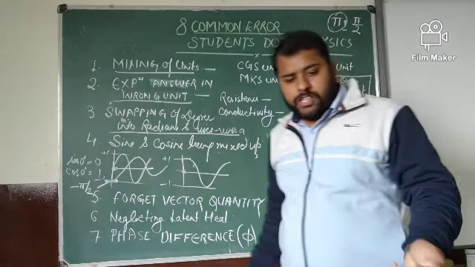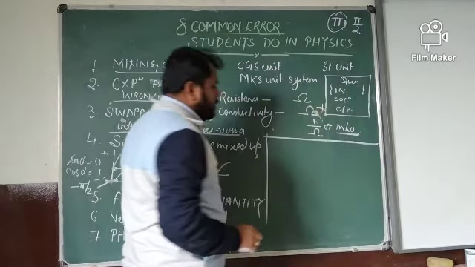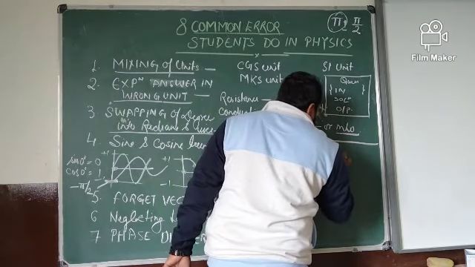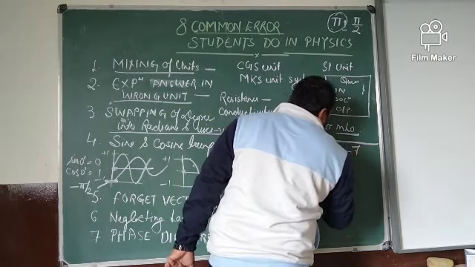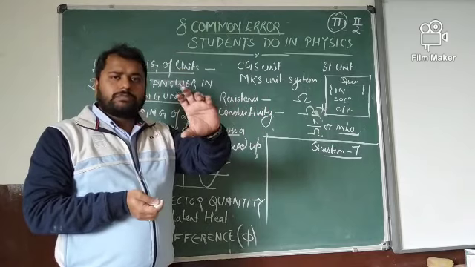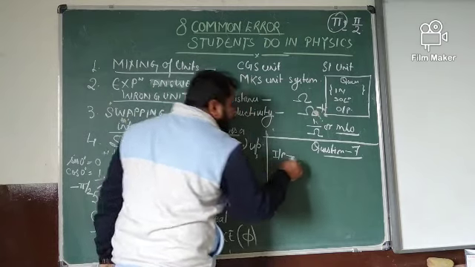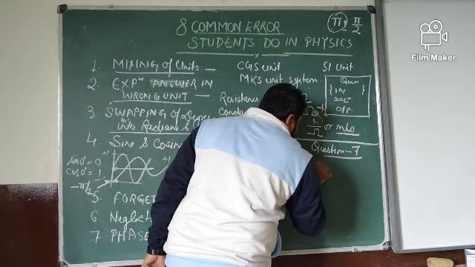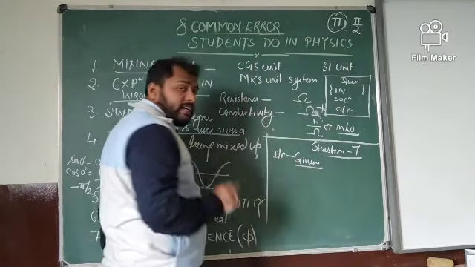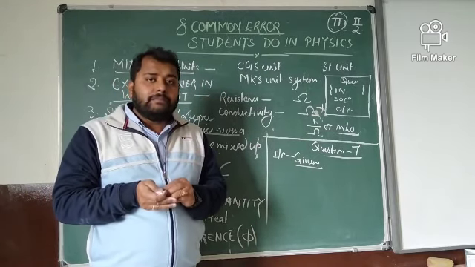And strategies for solving the physics problem. In short, what should be the correct strategy? Suppose this is my paper, you have written with the black pen or some sketch pen that question number 7 you are going to solve. In that question, suppose this much length of question is there, और आपने क्वेश्चन से इनपुट आपने निकाला। ये इनपुट आपको नहीं लिखना, आपको लिखना है गिवन। आपने गिवन क्वांटिटीज देखी, दैट सो एंड सो क्वांटिटीज आर गिवन। Try to identify the formula, because CBSE has given the marking scheme in which it has clearly mentioned